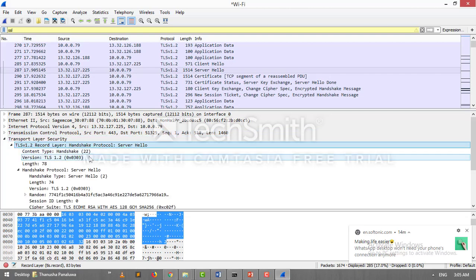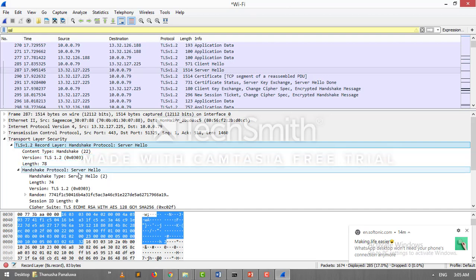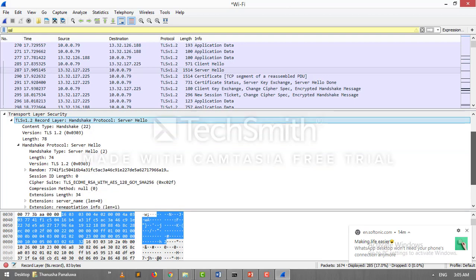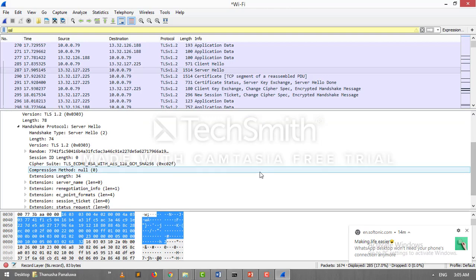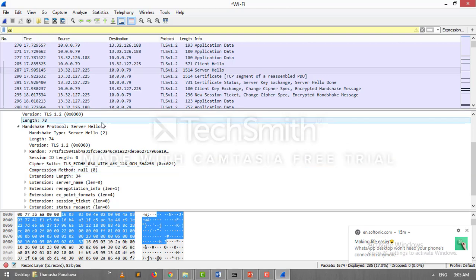And here, handshake protocol server hello, content type handshake, version TLS 1.2, length 78, handshake type server hello, length 74, version, random, session ID length 0, cipher suite. This is the cipher suite, the encryption algorithm that the server selected. This is the compression method,